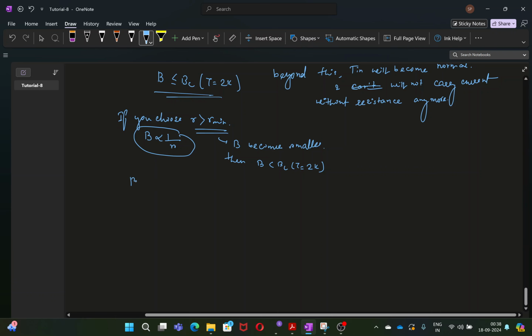But if the radius of the wire is even less than that, then B, because it is inversely proportional to R, becomes large, and if B exceeds BC at 2 Kelvin,